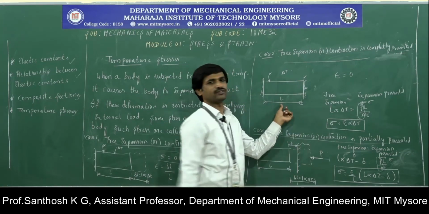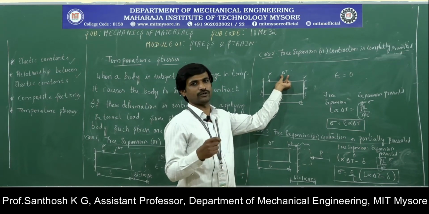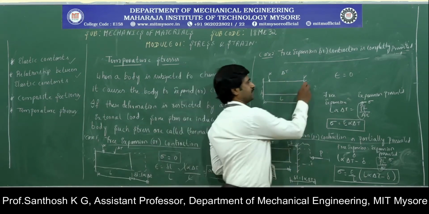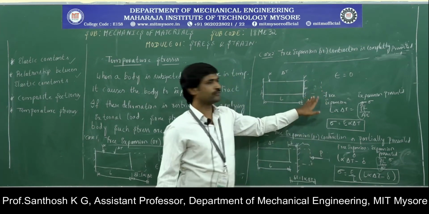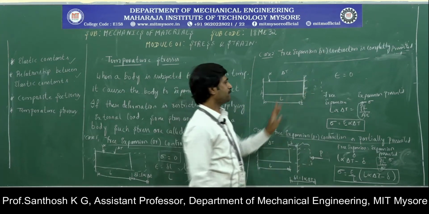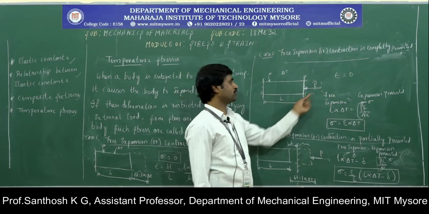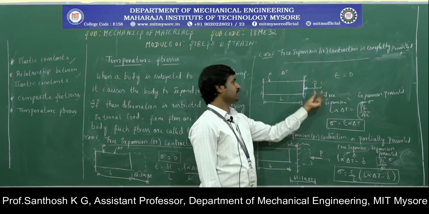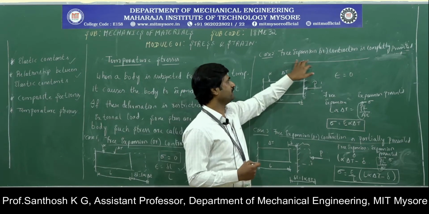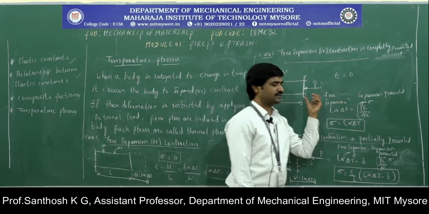Let us say the initial length of the member is L. Now let us change its temperature by an amount equal to delta T. When I increase the temperature of this member by delta T, it is going to expand. So we are going to restrict this expansion by providing a fixed support at this end. When I provide this fixed support, the whole expansion will be resisted by developing a force P. Now we can find the amount of stress and strain induced in the member when we restrict the expansion or contraction completely by seeing this diagram.